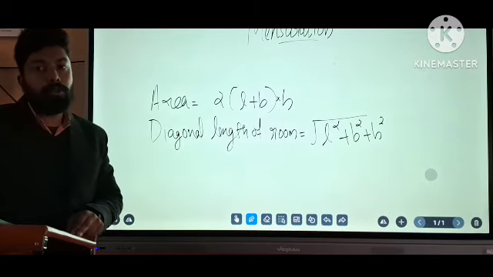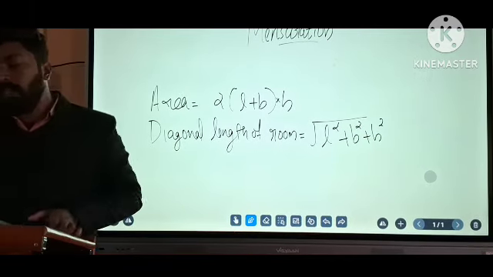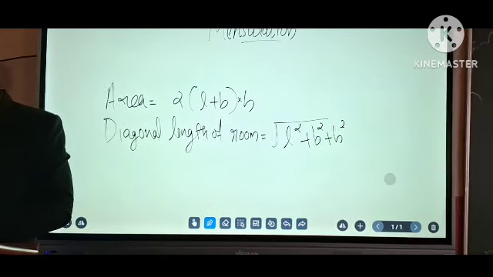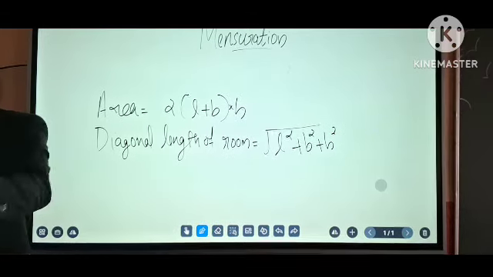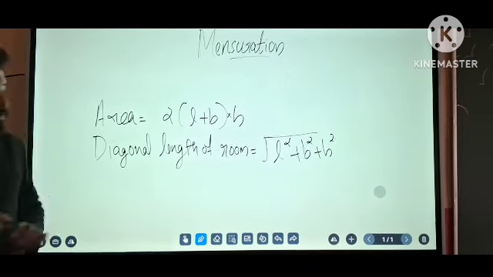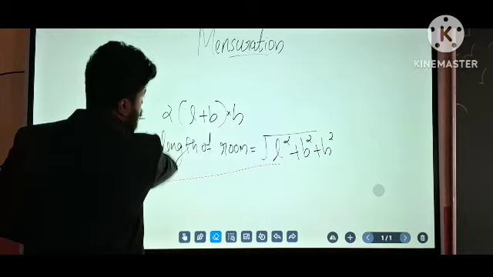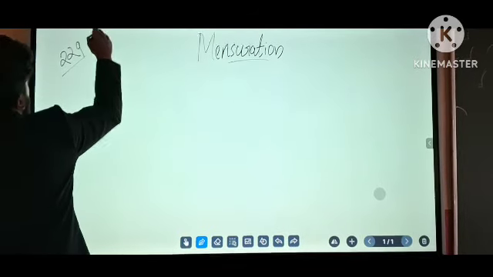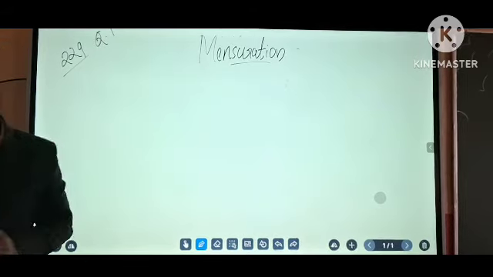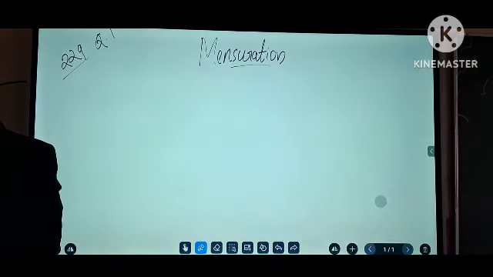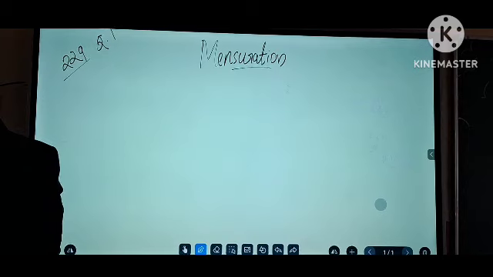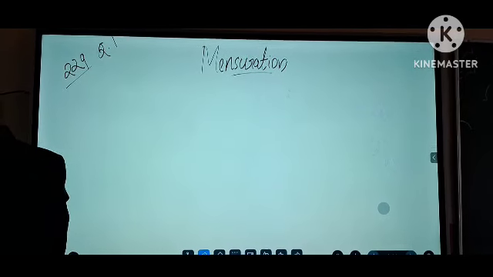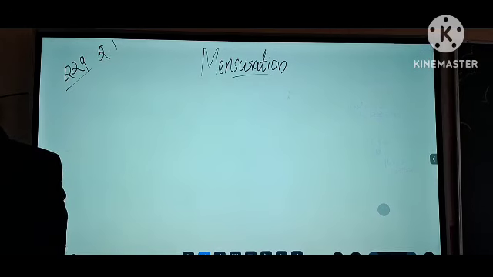Okay. Now we can move to discuss a few questions of the chapter. All of you please take page number 229. On page number 229, take question number 1. The area of a rectangle whose dimensions are length equal to 24.5 and breadth equal to 18 meter. Find the area of the rectangle.